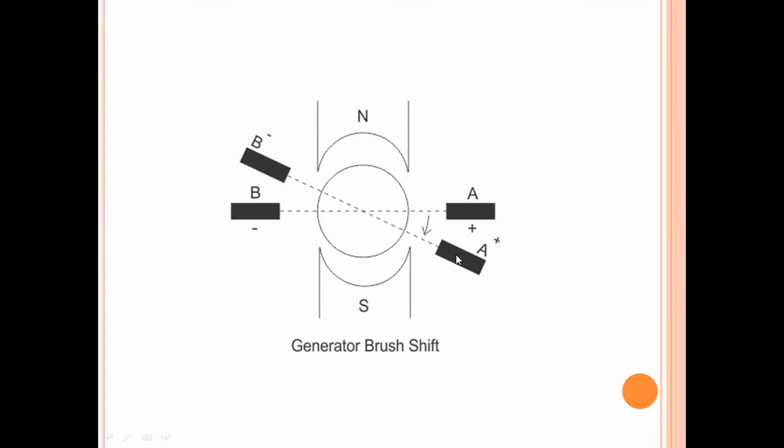Now, whenever we give this lead from this position to this position, the coil which is undergoing commutation is shifted to the pole having opposite polarity. And we know that if the coil is shifted into the region of the pole having opposite polarity, the direction of current is reversed and a reversing voltage is produced in the coil, and hence that reversing voltage neutralizes the reactance voltage. This is the first method, the brush shifting method.